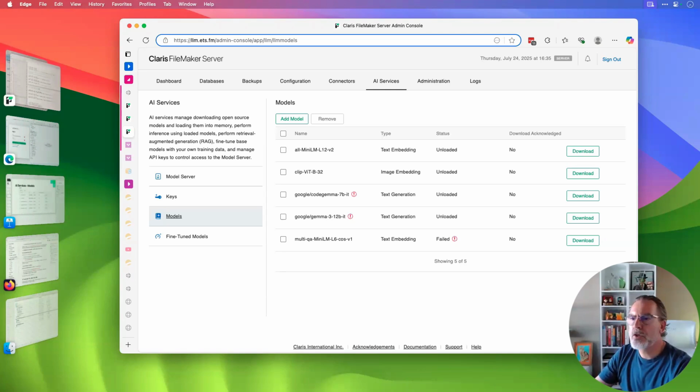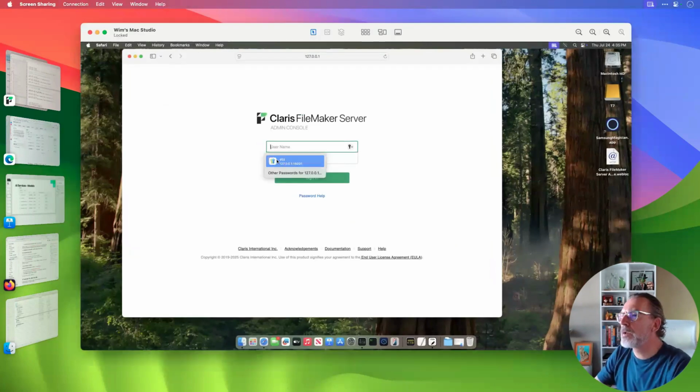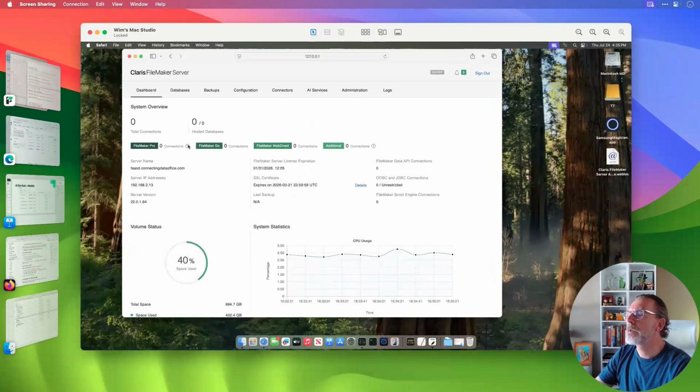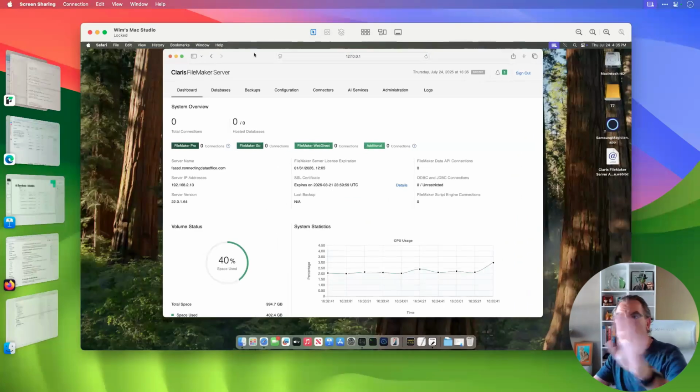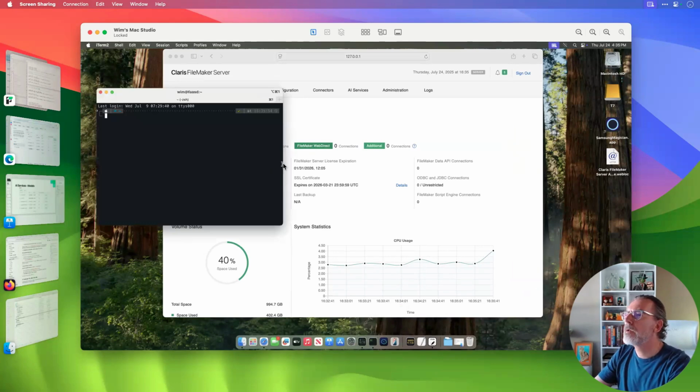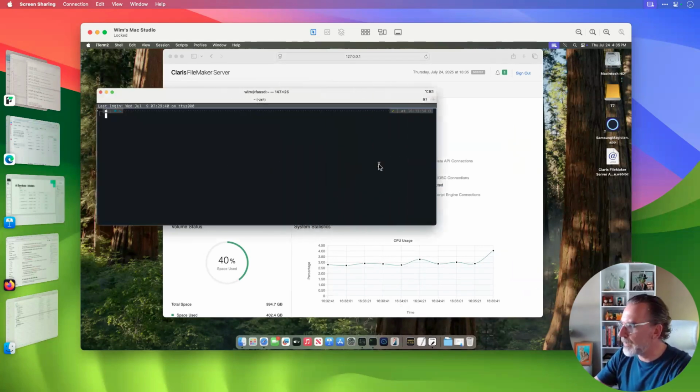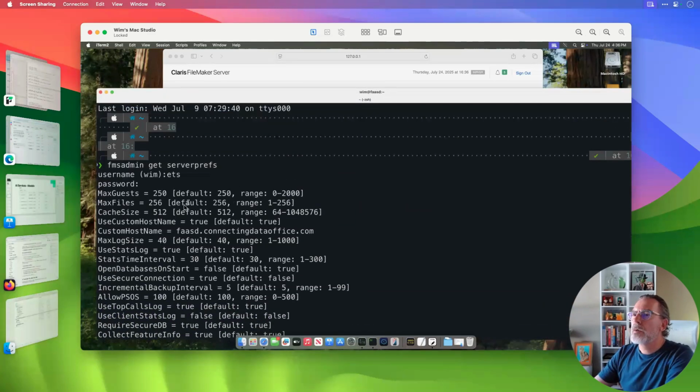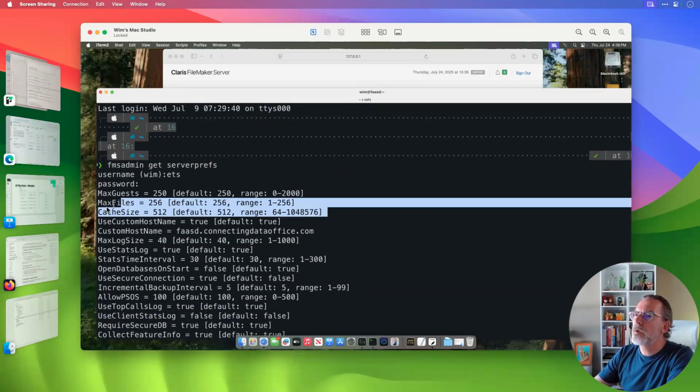Let me jump on where actually I'll jump to my Mac Studio and show you that. It's one of the things that I do by default if I install again, because you're installing a full FileMaker server in essence to get to the local AI model server. You're not going to use the FileMaker server part. So like I said, there's no files hosted, there's nothing I need to do. But we need to be aware of, and I'll make this as big as I can make it, this thing, this line over here,